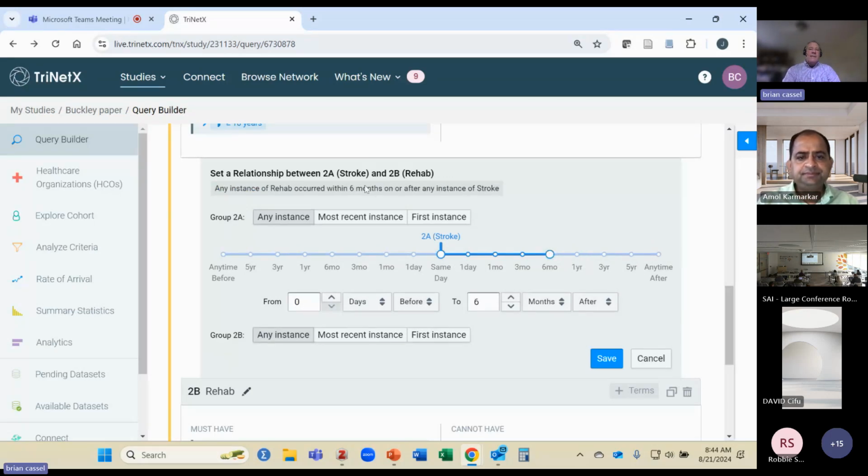And then I look to see how it translated this to see if I did this the right way or if I meant to do it the other direction. Sometimes I get confused. So I look at the English translation up here. The first instance of rehab occurred within 6 months on or after the first instance of stroke. Okay, I think that's what I was looking for. So I click save,